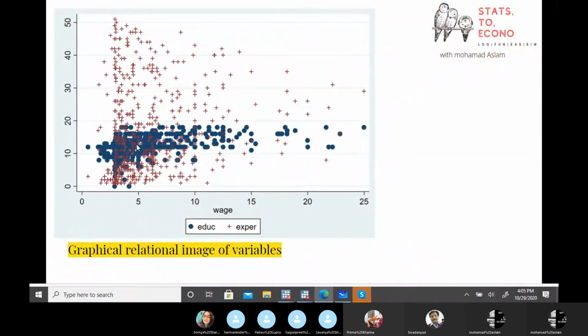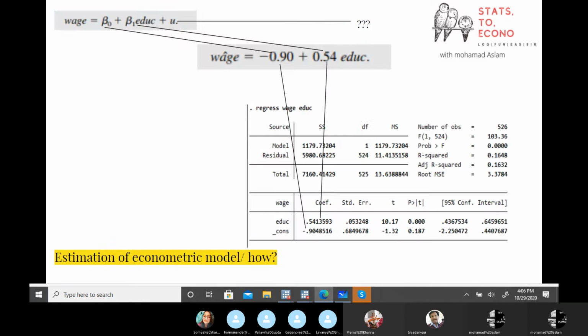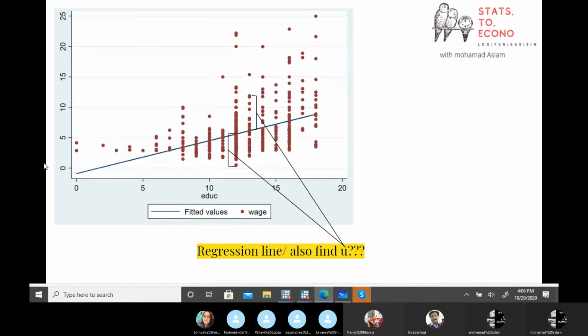These are the scatter plots, right? Wage and education. So there is definitely somewhere here the average wage, and somewhere the average education, the number of years of education. With all the education levels, there are different sets of wages, right? And somewhere around here is the average number of years of education, and somewhere around here the average wages they are receiving.